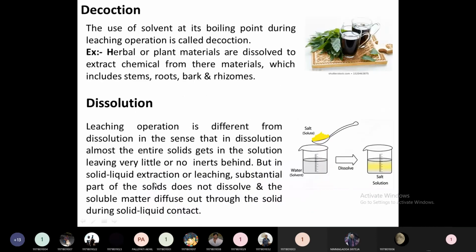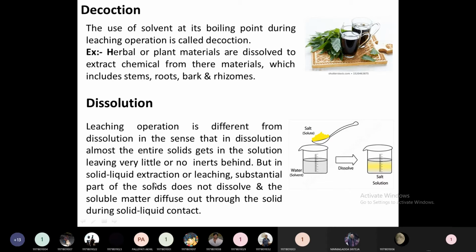So the difference between decoction and leaching is that when we use a solvent at its boiling point, the operation is called decoction; when we use a solvent at any temperature, that operation is called leaching. This decoction has many applications in Ayurveda, in extracting herbals, what we call kashayam, something you say in Telugu.